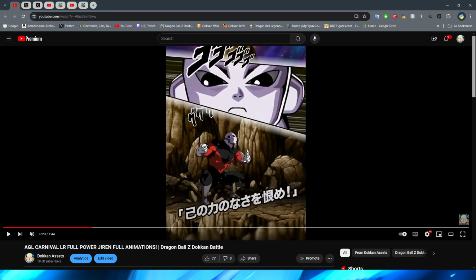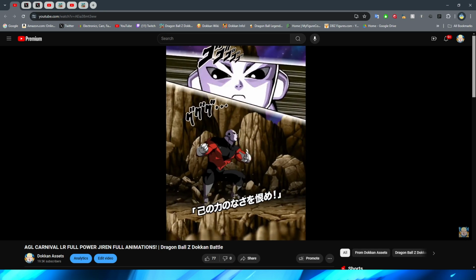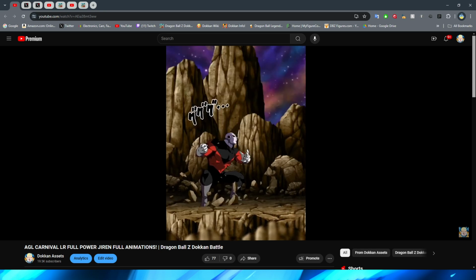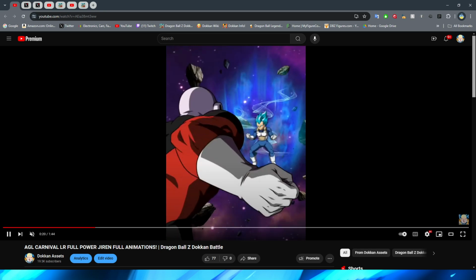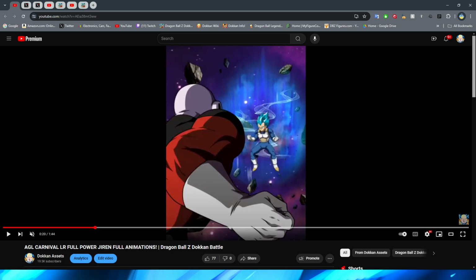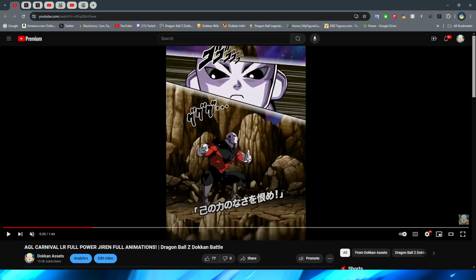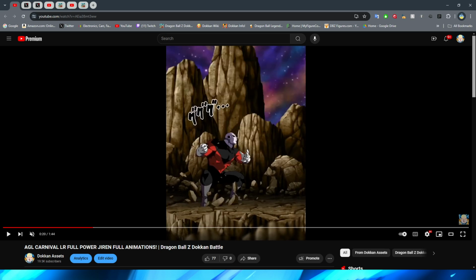Bro, he's definitely been hitting the Giga Chad workout because that squat was crazy. Oh my gosh, dude. I can feel my legs cracking looking at that. Holy cow. So we have Jiren obviously squatted down before he jumps up. I will say, I do kind of feel like they could have done a better job on the jumping animation. Usually I don't say that about Dokkan animations because I feel like they do a pretty decent job of it, but